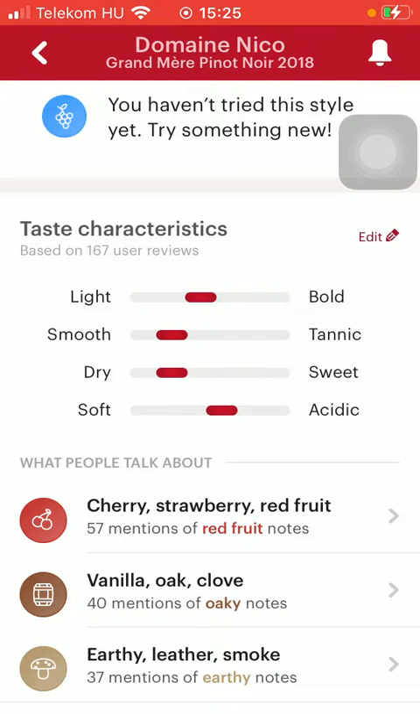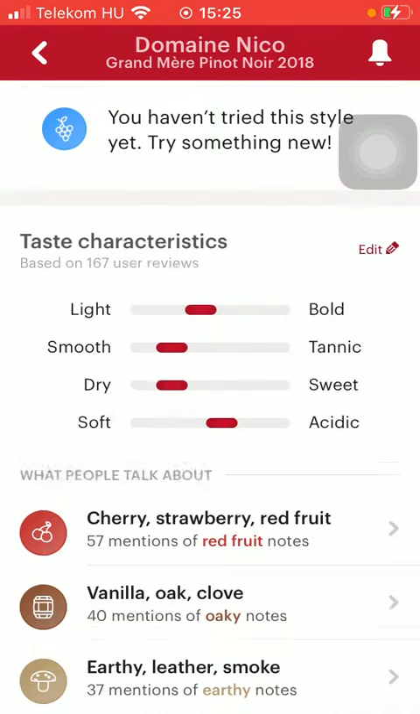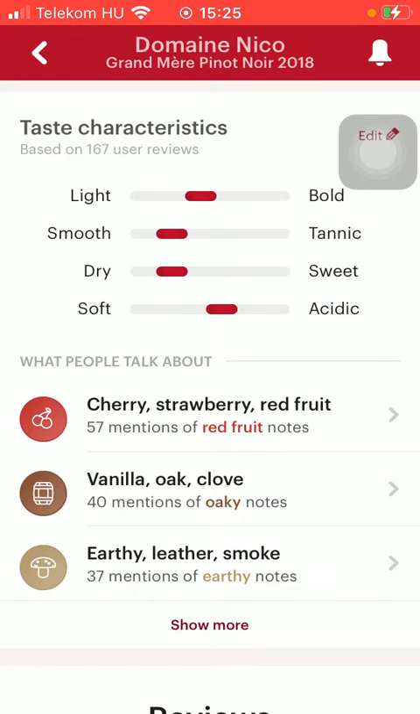Here you can find the characteristics and the slider indicating which one it is. So it can be either light or bold. As you can see, it's in the middle, so it's between the two characteristics. Here you can find what people talk about